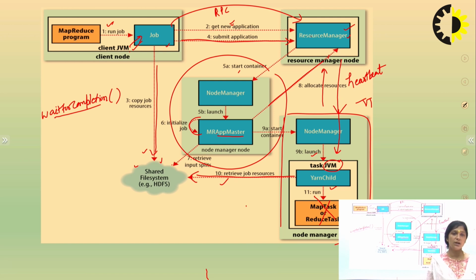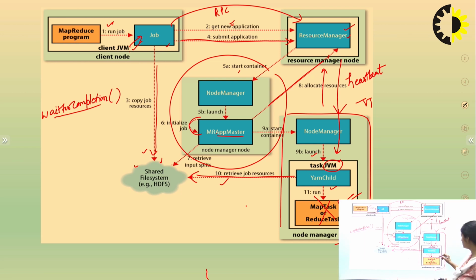Means suppose one task tracker is corrupted, in that case that same job will be executed by another task tracker. There will be no delay. And suppose this one is not corrupted, it is working properly.